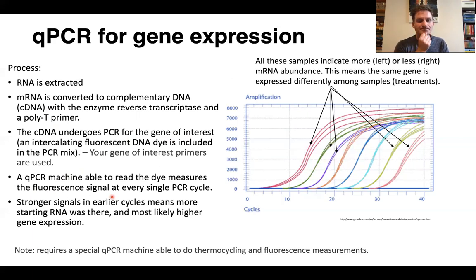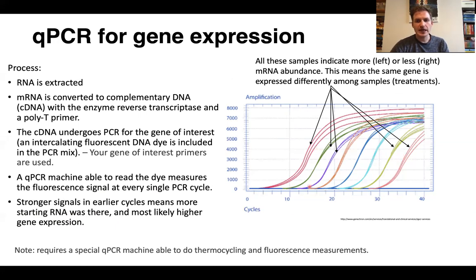And then the downstream analysis would mean that a stronger signal in earlier PCR cycles would mean that there was more starting RNA in that sample, and that most likely means that there was higher gene expression in your organism. So here we can see a typical data set, where each color represents a different